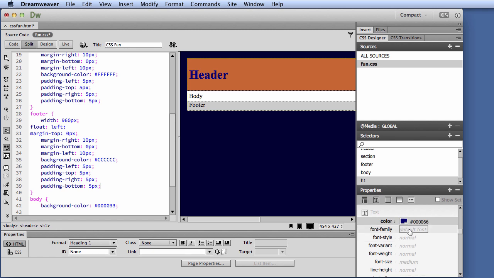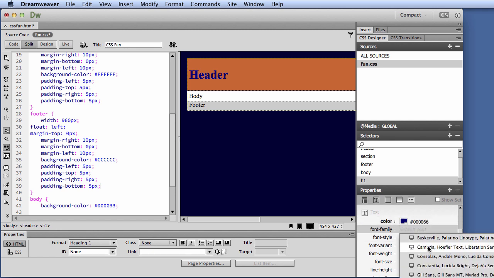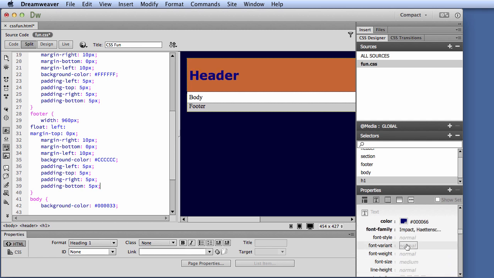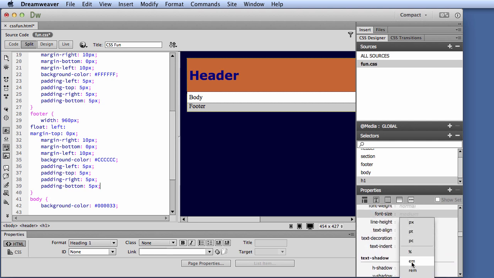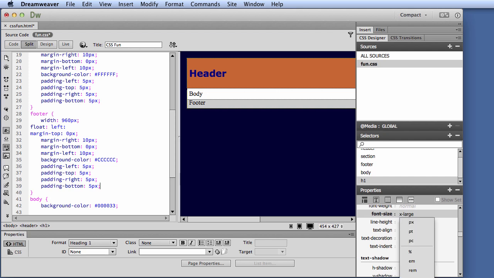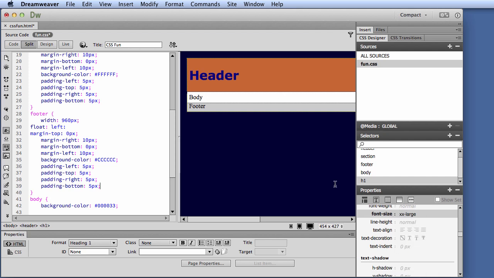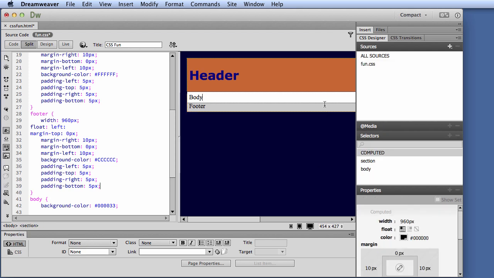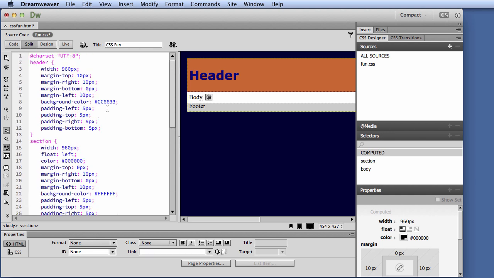I'm going to choose a blue. I'm going to click on my font family. All right, and let's go with something like that, and I could do a few other things here. But you get the basic idea here. Here, we'll do font size. Alright, so maybe I want to make, let's see what we think of extra large. So just like that, I've tried to give you a real basic idea of how to create a basic site